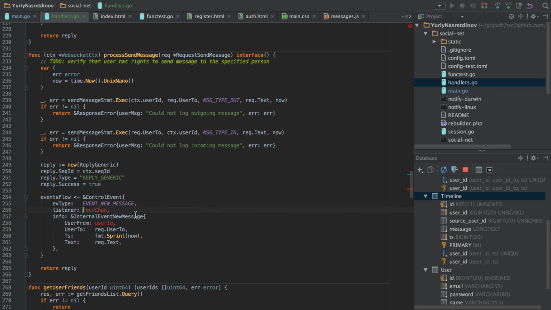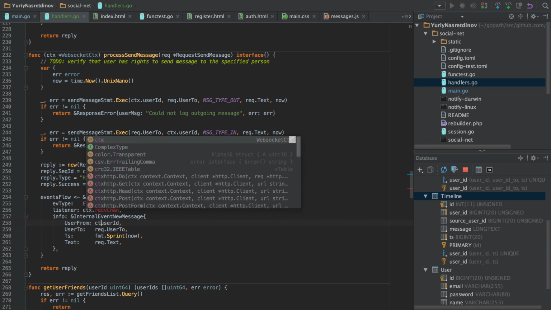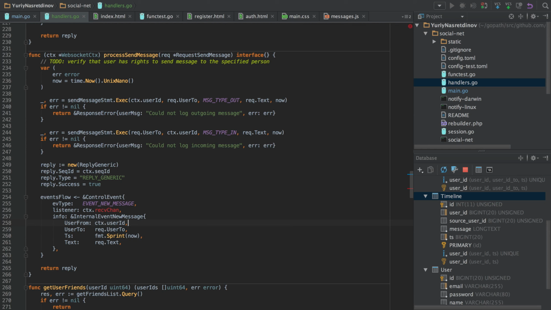And this event should be delivered to two users, to user from and user to, so that the person who wrote the message receives his message back, and user 2, the target user, also receives the notification about new message.